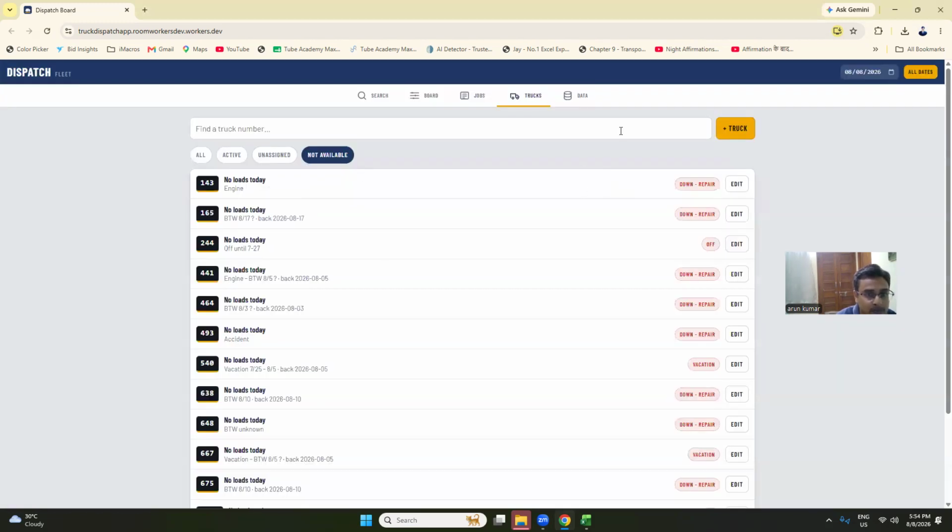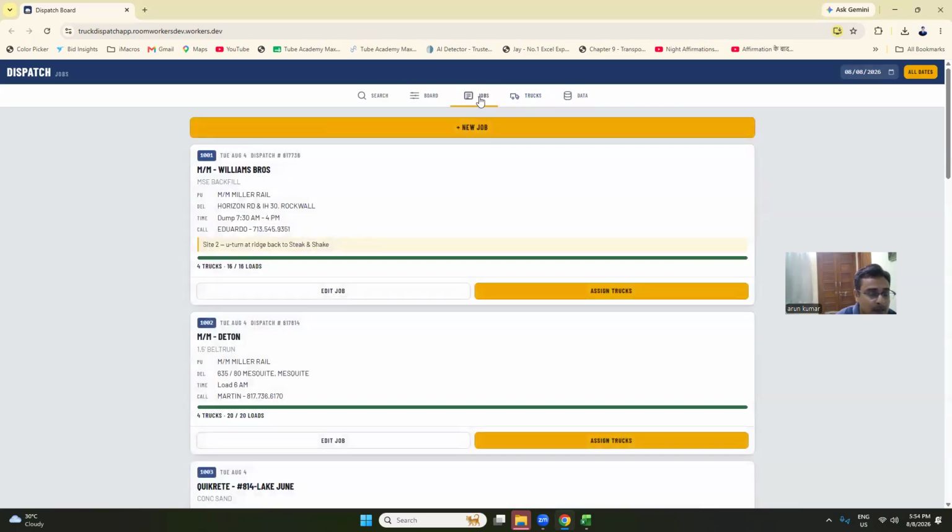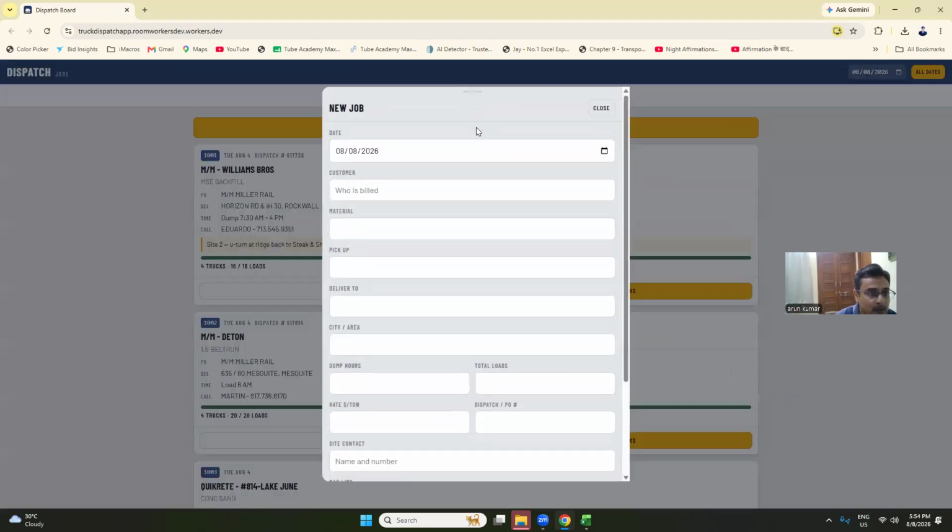So right now, I'm not doing anything here. It's the first entry, we need to add the truck. Then we need to add the job for the truck. So I'm clicking on the job button and it's going to be a new job. First we add the date for the job. So I'm adding today's date and then